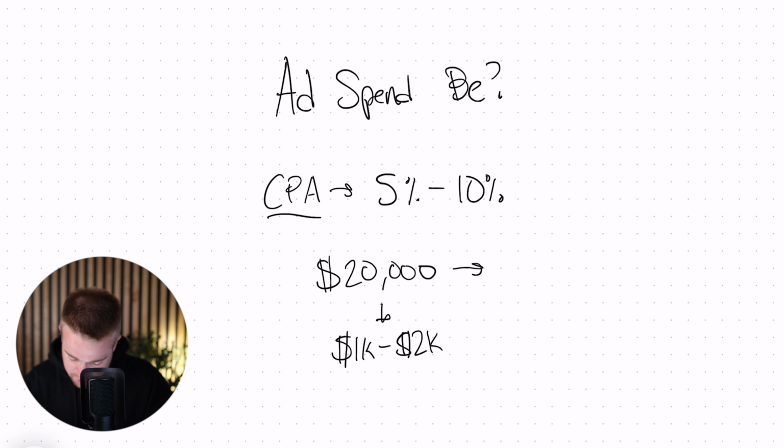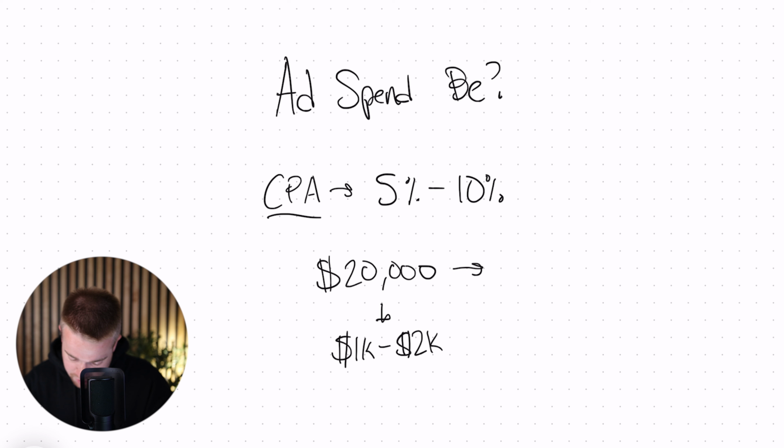So what should your ad spend be? It's a good question. Let's work backwards from a CPA, which is going to be cost per acquisition. That's how much money does it cost me to actually get a client who has paid me and closed on a deal. Typically what we see with our clients is anywhere between 5 to 10%. So this means if your average deal size is $20,000, then you should expect to spend anywhere between $1,000 to